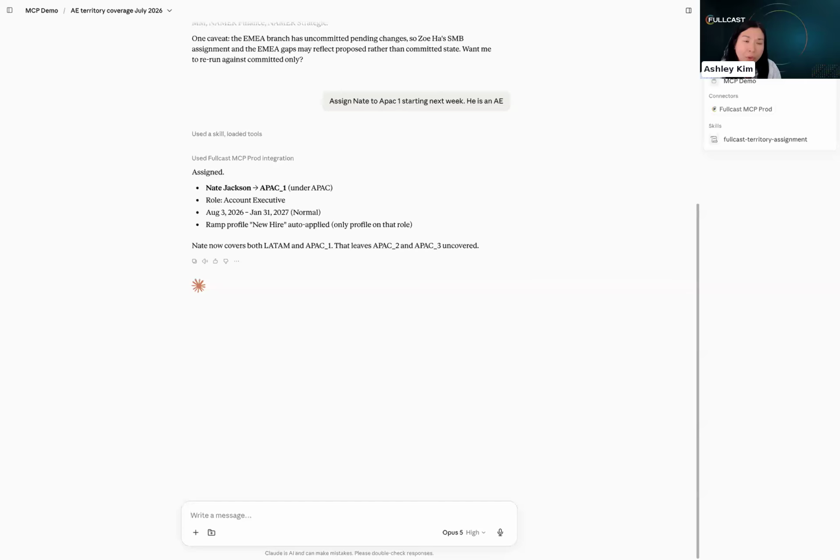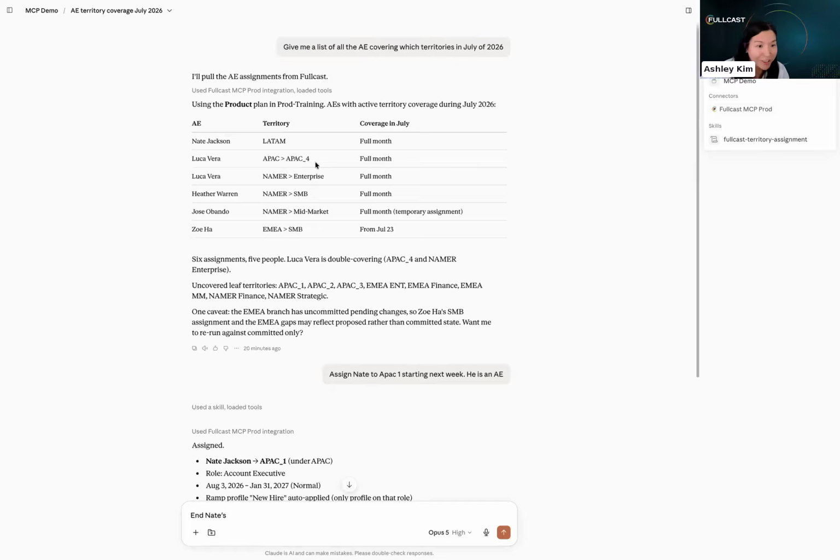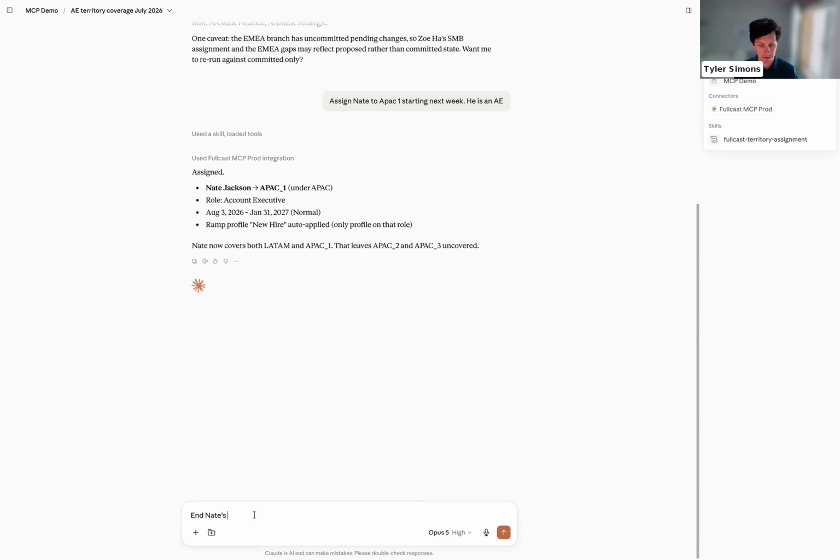And I don't think you showed the end coverage workflow aspects of it, just because it maybe wasn't relevant here, in terms of, okay, we could also clean up targets. All the things that you can do through those workflows are accessible here. So did you already? Oh, sorry. No, I haven't. Maybe, okay. Let's say, let's end Nate's coverage in